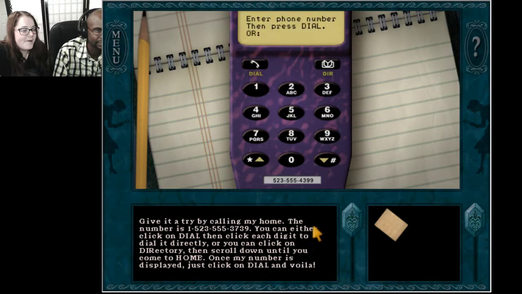You can either click on dial, then click each digit to dial it directly, or you can click on directory, then scroll down until you come to home. Once my number is displayed,